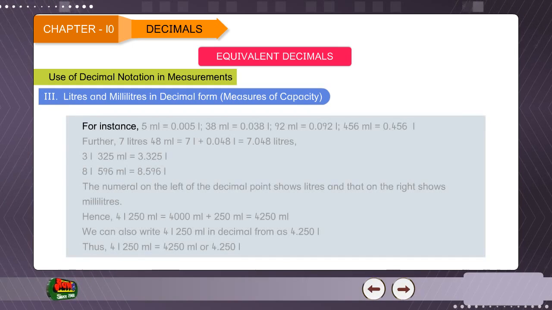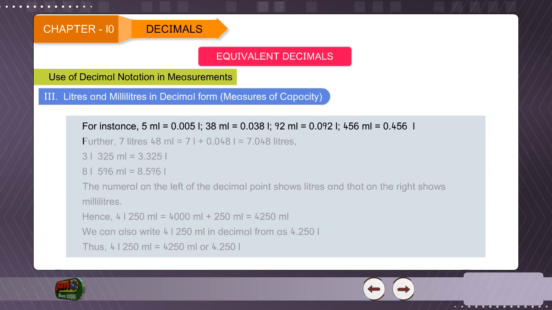For instance, 5 milliliters is equal to 0.005 liter. 38 milliliters is equal to 0.038 liter. 92 milliliters is equal to 0.092 liter. 456 milliliters is equal to